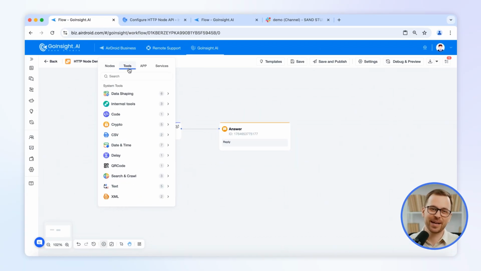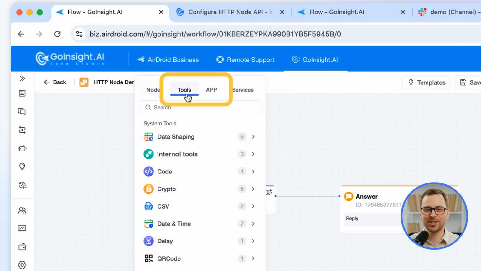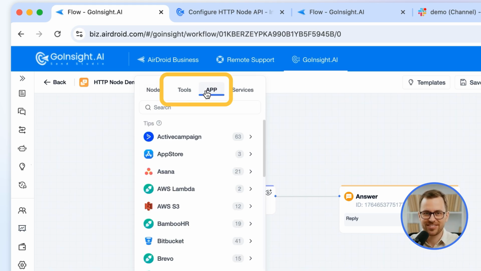Hello everyone. In our last episode, we showed you how GoInsight.ai integrates with a wide array of tools and apps. This allows you to easily chain together the systems you use every day, embedding AI capabilities directly into your existing workflows. However, if the system you need isn't currently in GoInsight.ai's apps list, or if you're dealing with a proprietary internal system that you still want to connect to GoInsight.ai, you can achieve this using the HTTP request node provided